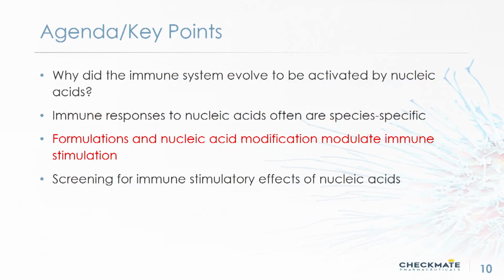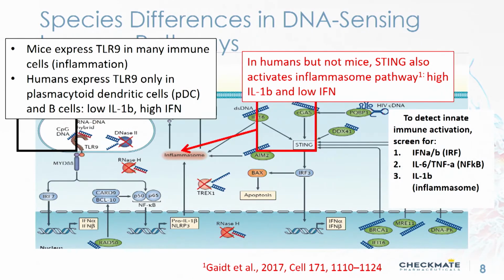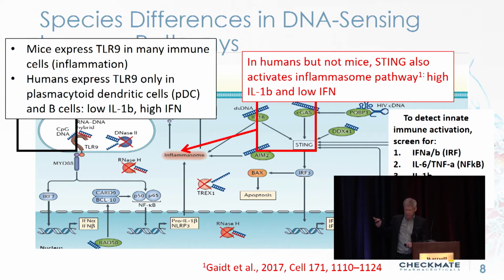And so, let me just go back. There's one other point I wanted to make on the previous slide here. On the right-hand side, I made the comment that in order to detect immune activation through any of the innate immune pathways, you have to think about the downstream outputs that you're going to look at. And to comprehensively detect activation of the inflammasome pathways, the interferon response pathways, and NF-kappa B, which leads to TNF, IL-6, and other cytokines, at a minimum, you need to screen for interferon alpha or beta,